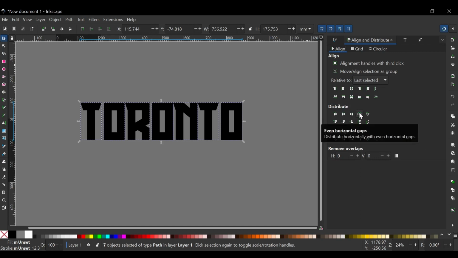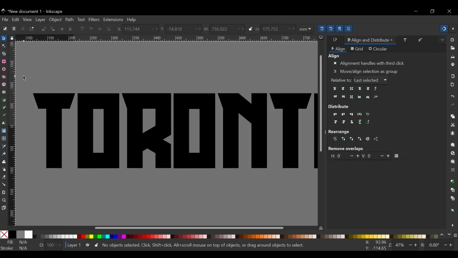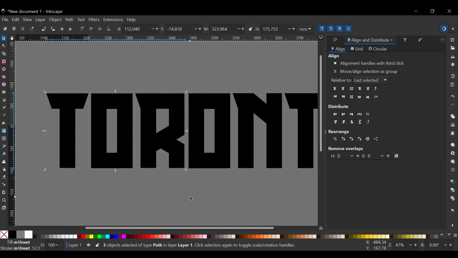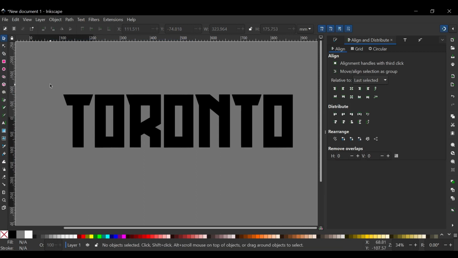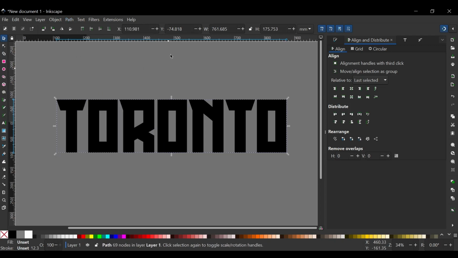button, Even Horizontal Gaps. And so this will give you a little bit of that, but I just want to make one more change to it and select all three of these first letters, and I'll just nudge them to the left like that. And that's pretty good. Maybe a bit more, maybe one more step, and that's it. I'll select over everything. I'll go to path and union,